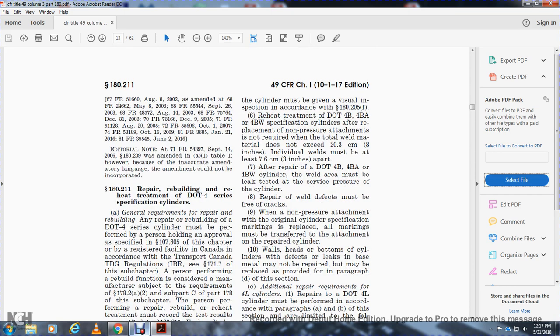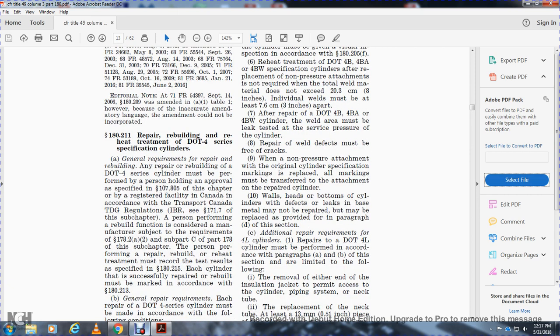Alright, 180.211, the repair, rebuilding and reheat treatment of DOT 4-series specification cylinders. General requirements: the rebuilding and repairing of DOT 4 cylinders must be performed by a person holding the approval specified in